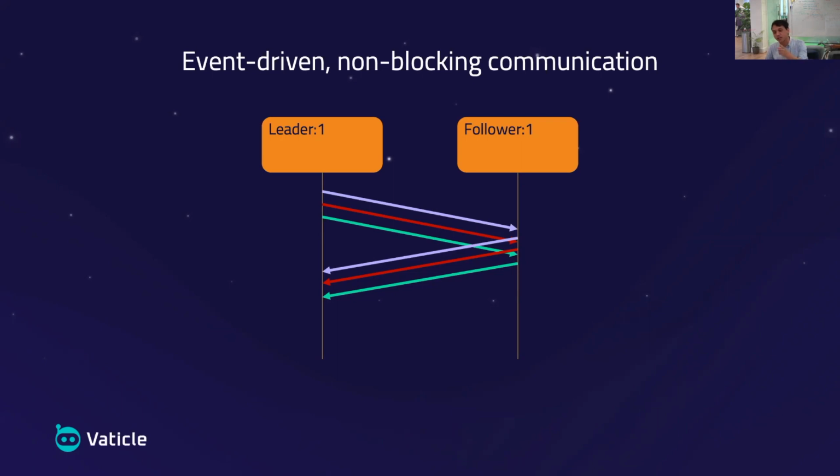So rather than sending and then doing nothing while waiting for the response, it multitasks, right? It sends the first one, and while waiting for this one, I might as well try to do something else, such as, for example, sending the request to the other followers, or receiving input from the client, right? It can multitask. So the event-driven and non-blocking communication model has allowed us to make sure that we multitask efficiently, and does so in a reliable way, backed by the actor model library that we've also built.